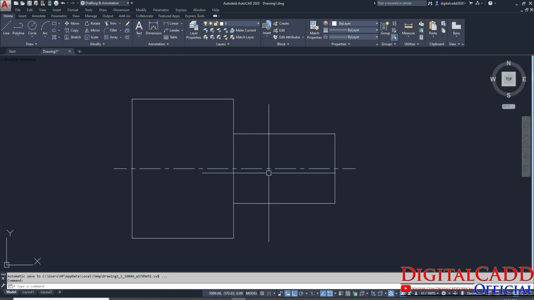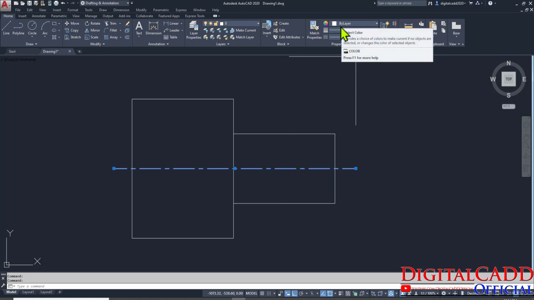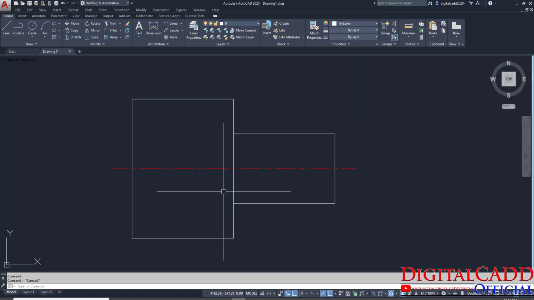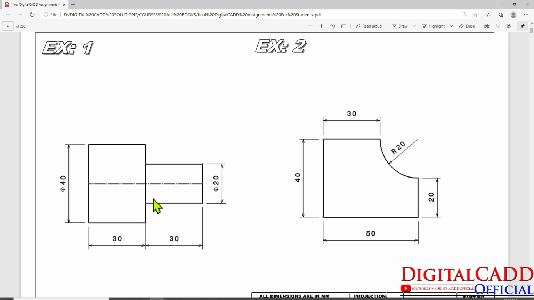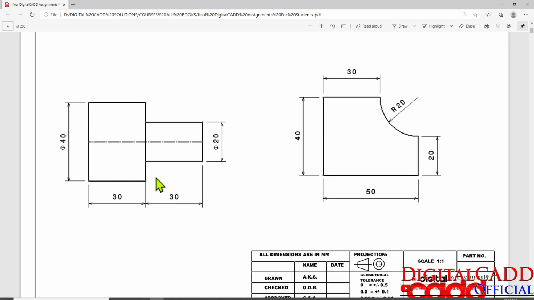If you want to change the color of the center line, just select the center line, and here in the properties option, we can make it red, whatever color you need. Okay, so we have created this drawing, but dimensions are very important. Dimensions are very important for any drawing. We can't make any drawing or any model without dimensions. So we must show all the dimensions whenever you make any drawing. This is necessary, and also we have to say in which unit we are working.